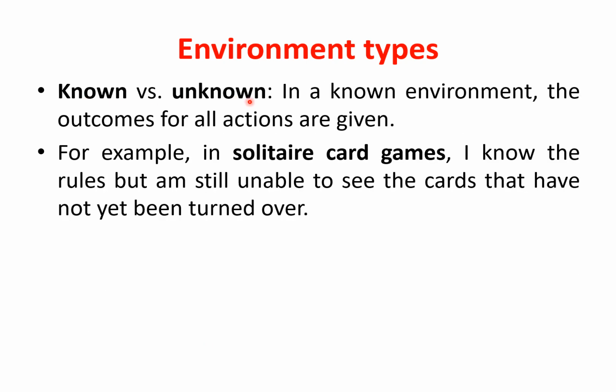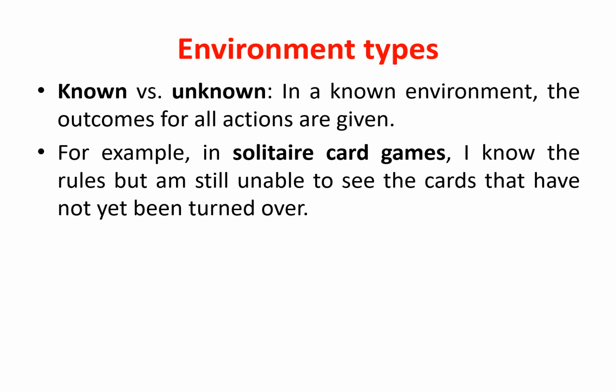Known versus unknown environment. In a known environment, the outcomes for all possible actions are predetermined and understood by the agent. For example, solitaire card games. The rules and the potential outcomes are known, but the agent cannot see the cards that have not been turned